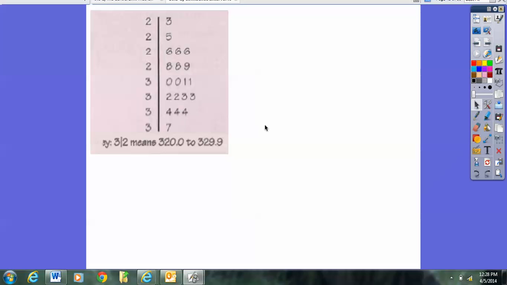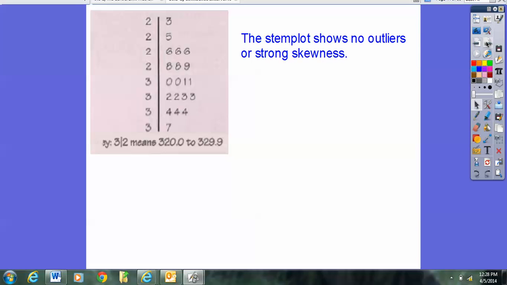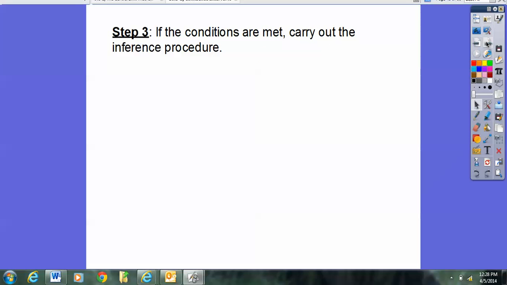So there they are, and look, that's pretty reasonably bell-shaped. There are no clear outliers or strong skewness. So the conditions are met, and we carry out the inference procedure. Now we're going to use our confidence interval. Our confidence interval is the mean plus or minus your z-score for your 90%